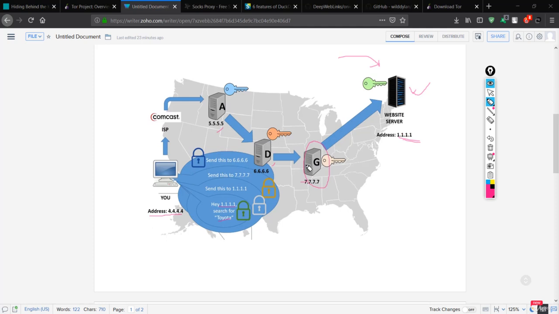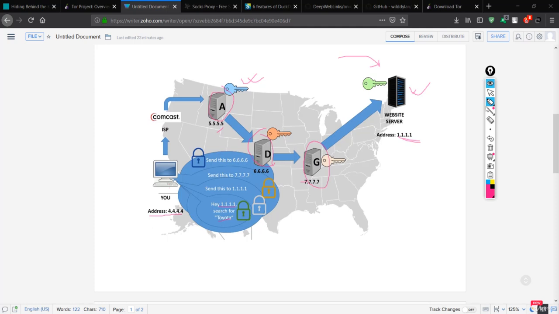This will send that data to the next server, and after that you can clearly see there is a layer of encryption over here, because every layer has its encrypted key. That means it takes time to encrypt one layer of encryption. That means only one part of the message will have to be encrypted or decrypted by each of these servers, so that the encryption will be much more efficient than before.